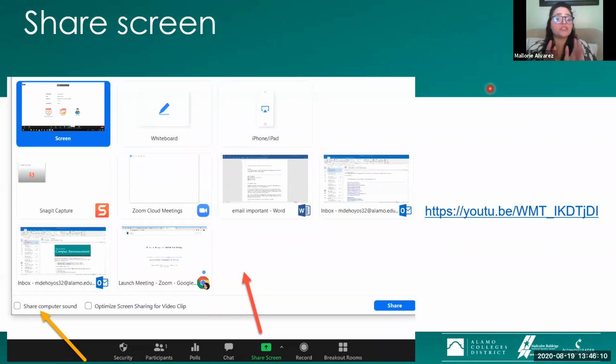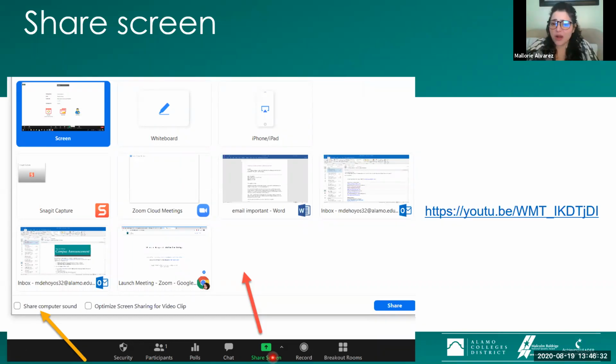Okay, so on the share screen, I kind of already talked about this and stated that any item that you want to share for your class, I strongly suggest you minimize it before the Zoom meeting starts. So when you click that green button, Zoom already notices everything you have open.